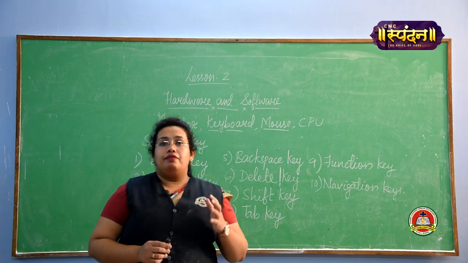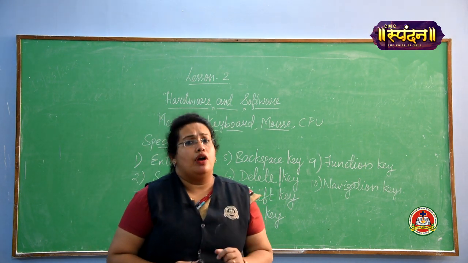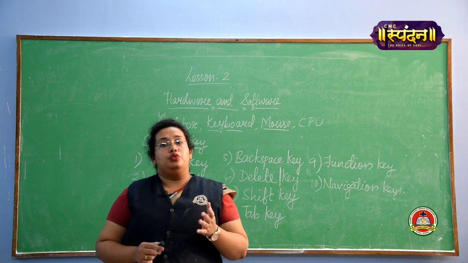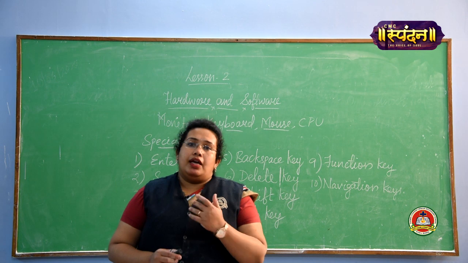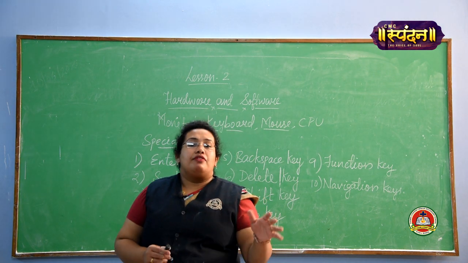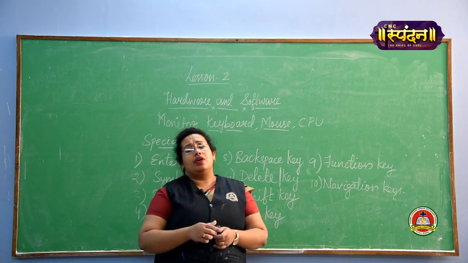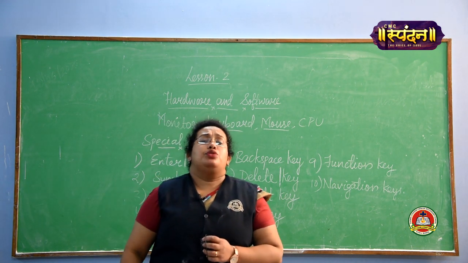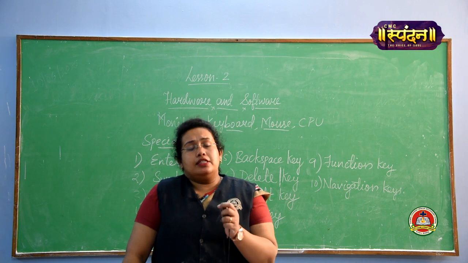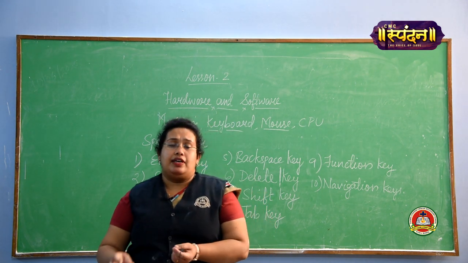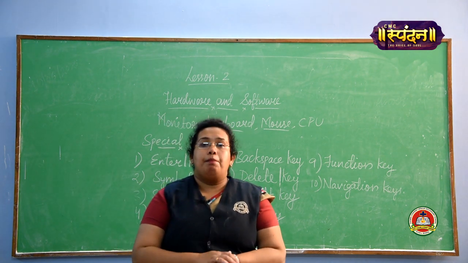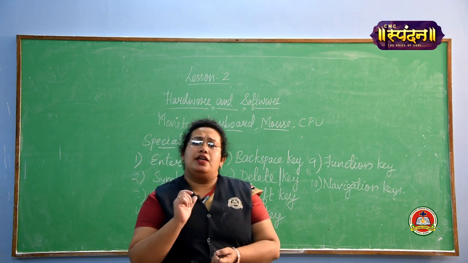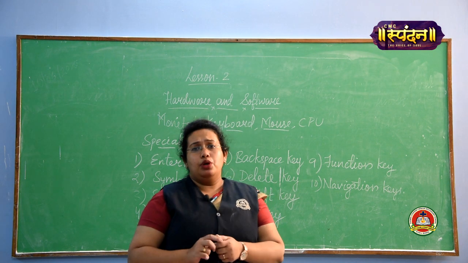CD can store up to 700 MB of your data. We have different types of pen drives, like some pen drives are of 2 GB, 8 GB, 16 GB and like that. And hard disk also, we have 500 MB, we have 1 TB, and all these different sizes we have to store our things. So all these types come under storage device: hard disk, CD, DVD and pen drive. Pen drive is also known as a flash drive because it is very small and we can take it from one place to another.